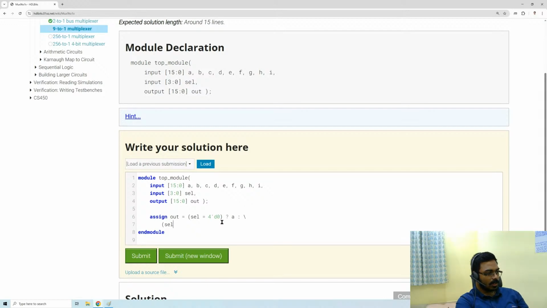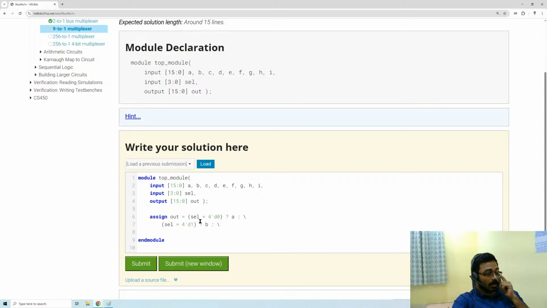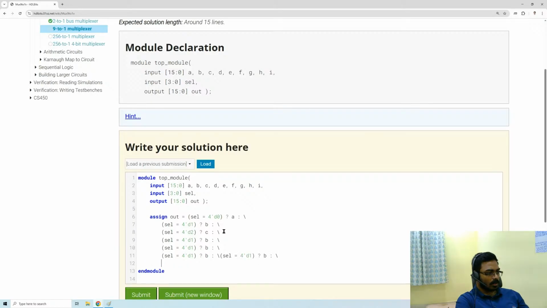We'll write it this way: if select equal to 4'd0, A. Otherwise, 4'd1, B. Otherwise, check 4'd2, C. Otherwise,